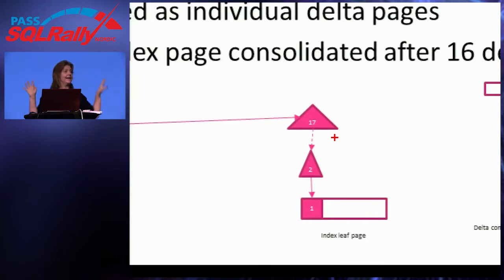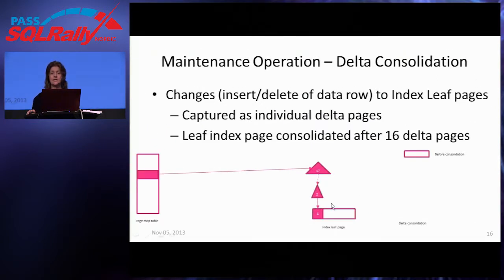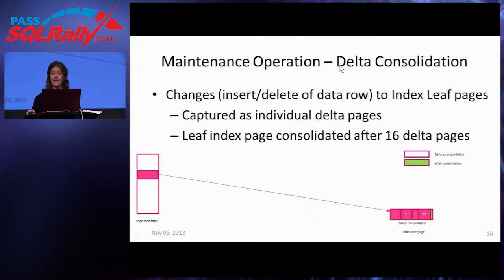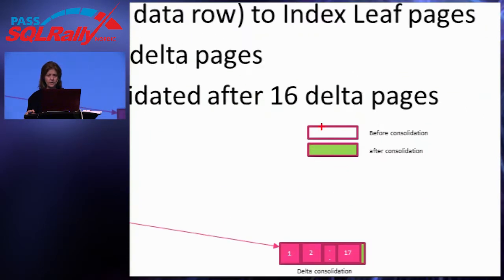SQL Server says, okay, I give up. You really want this page to be different, so we're going to give you a whole new page. As soon as you've got 16 changes to a page, it rebuilds the whole page, and gets rid of the whole old page. And the subsequent slides indicate original pages with a little bit of a white background. The previous page was white in the background, and then the colored background here indicates that this is a whole new page that has all the rows, all the values from 1 to 17 on it.